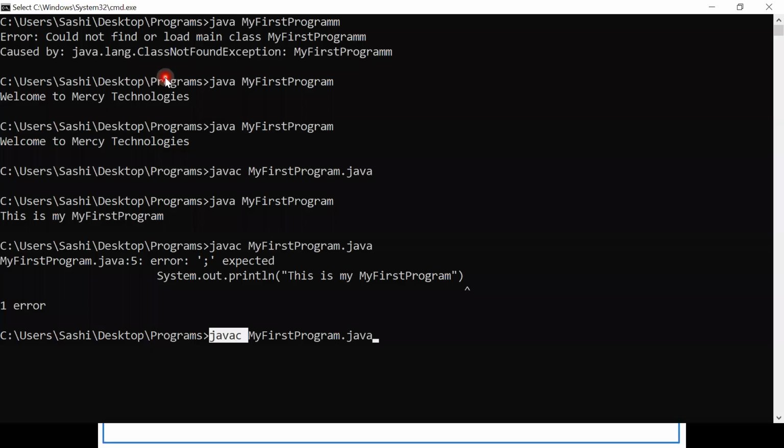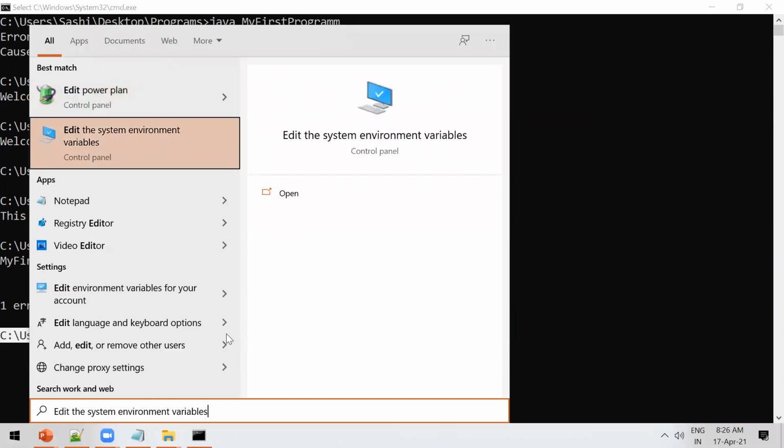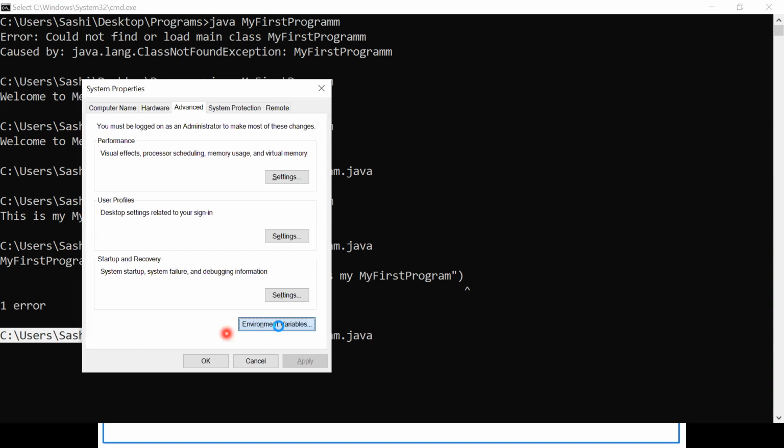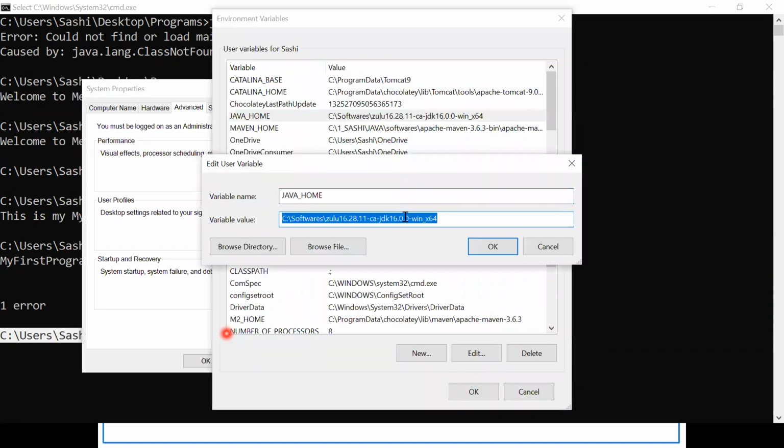Whenever you are compiling with the javac command, what is happening? It will check what is path environment variable. It will go to edit path environment variable. Is there any Java home? Yes. Here it is there up to bin.